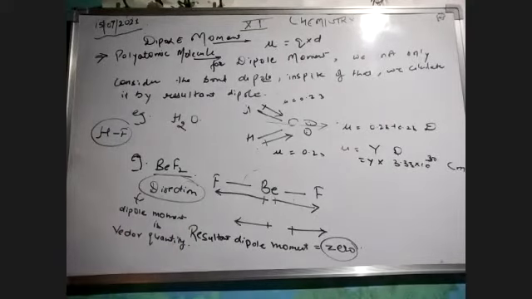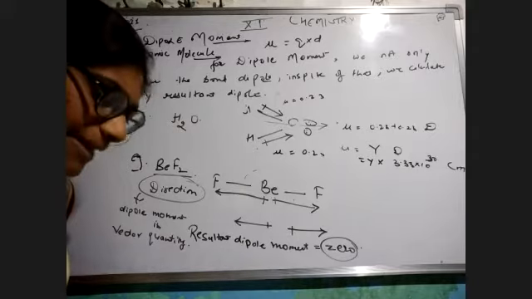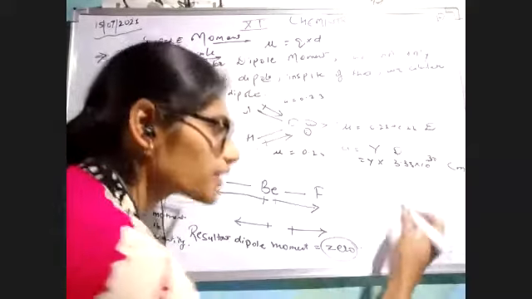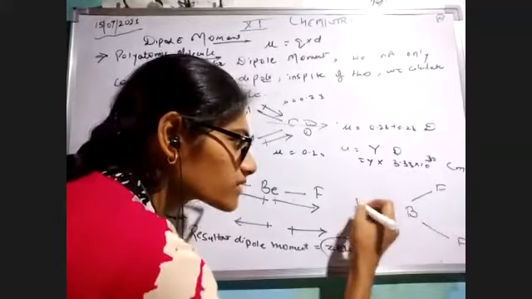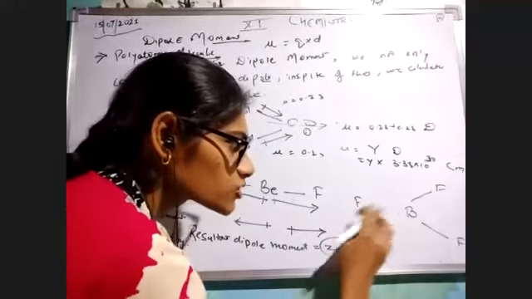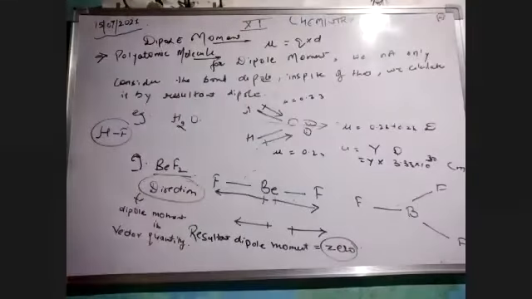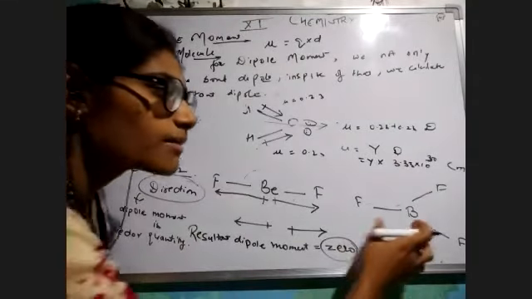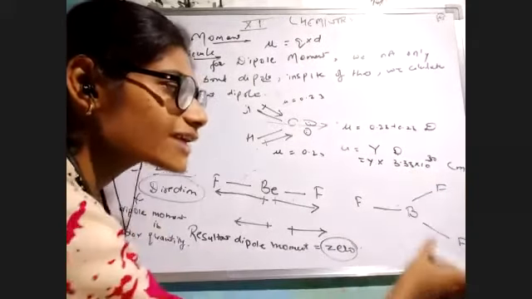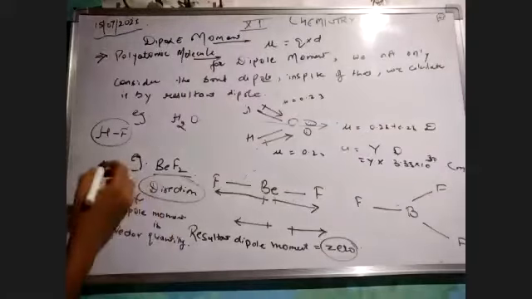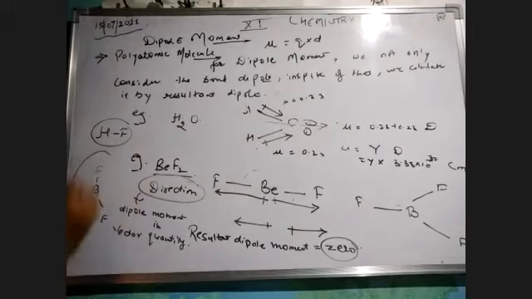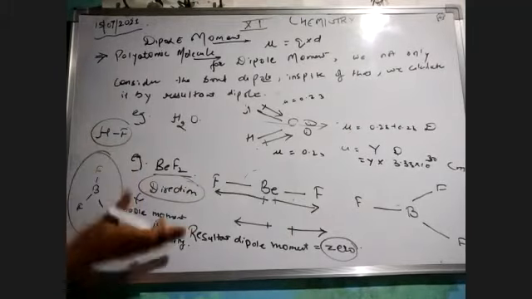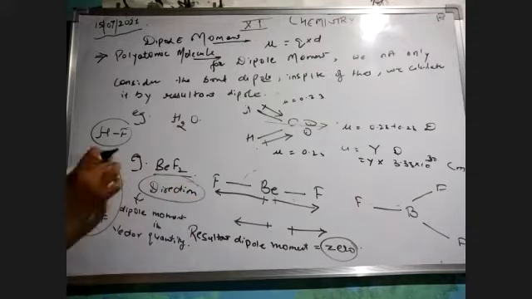Clear? Let's take another example that would clarify your concept more. Suppose there is given BF3, boron trifluoride. Now, first of all, BF3 has a trigonal planar structure. मतलब इसकी structure जो है वो trigonal की तरह है, where boron is present in the center and each fluorine bond is drawn like this. This is the actual structure of BF3. I have just rotated it to make the concept more clear. Okay, this seems to be trigonal planar.